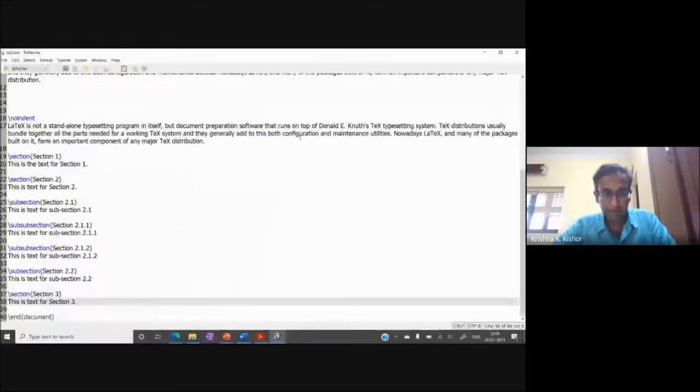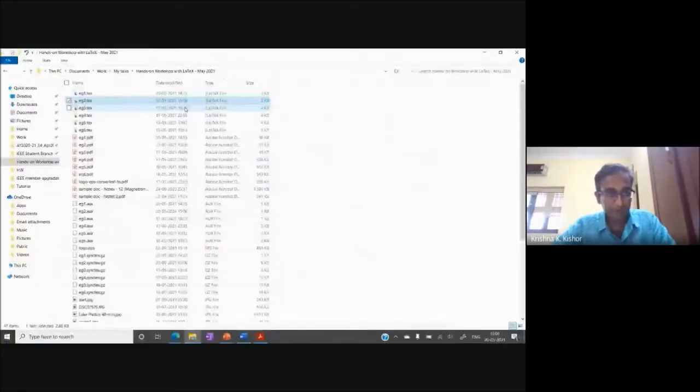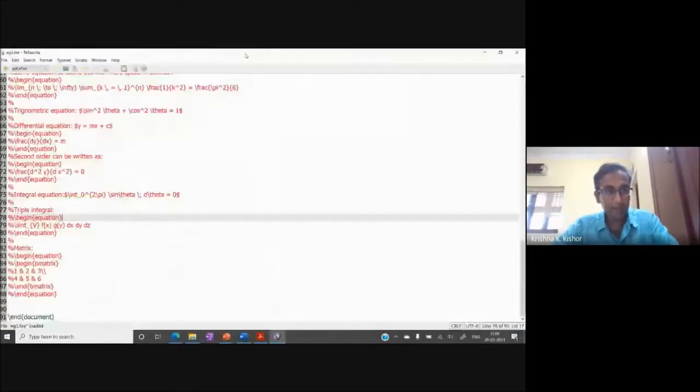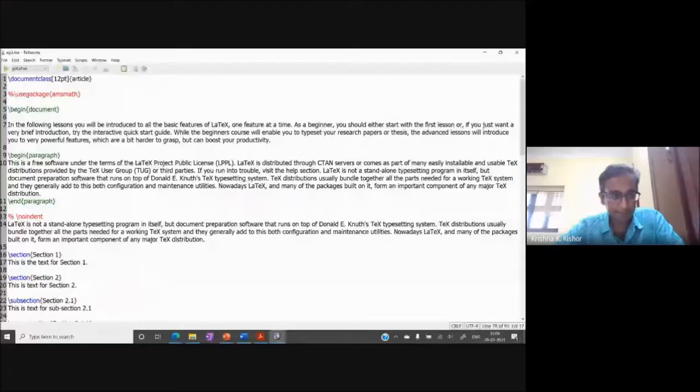Let's close this file and open example 3. Again, the beginning part of the document is exactly the same. I'm just building up from example 2. Again, you have the document class. I'll talk about the package line right now. Then we have the standard begin document. At the end, I have the end document, and up to section 3 you have seen.